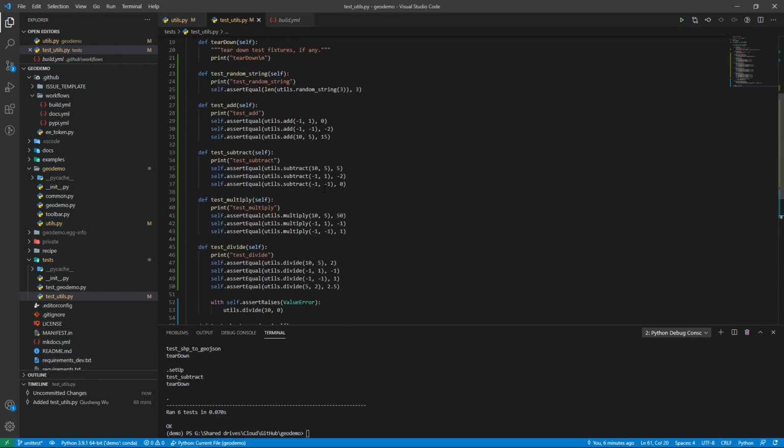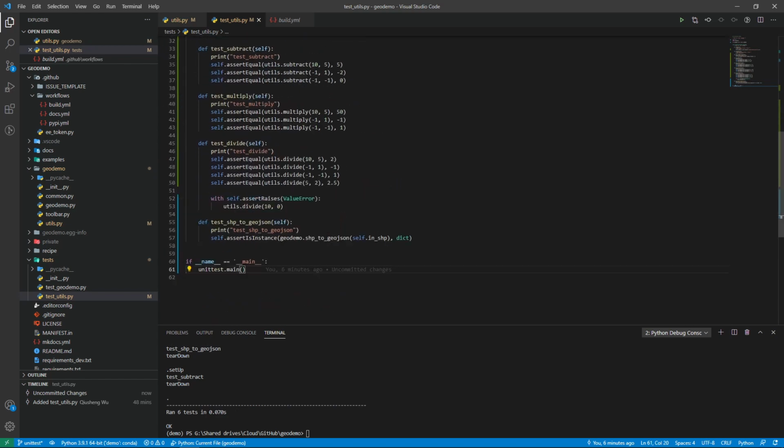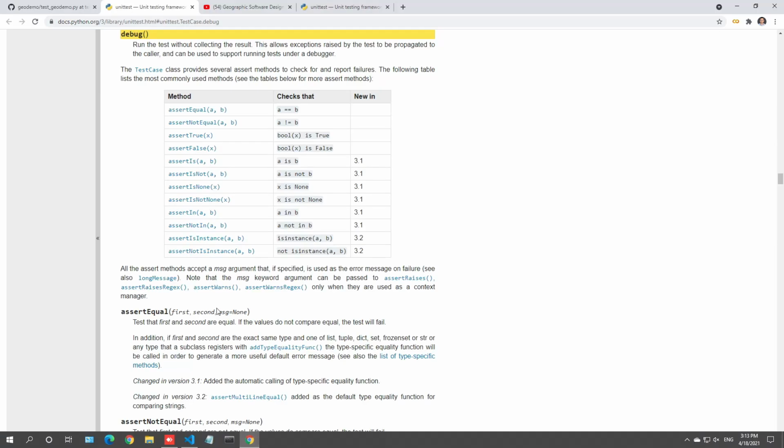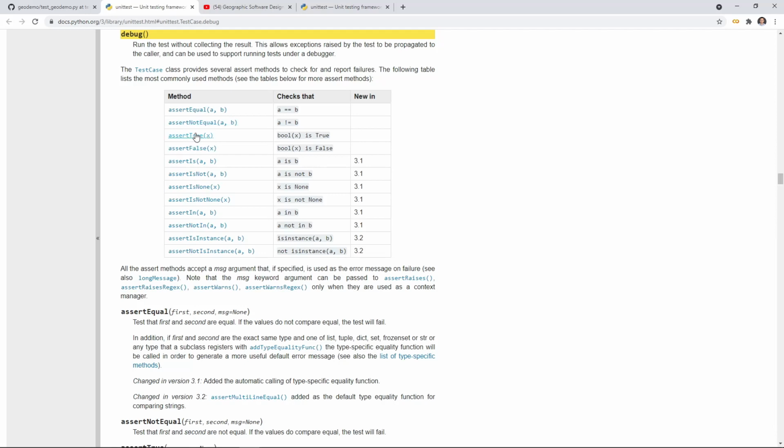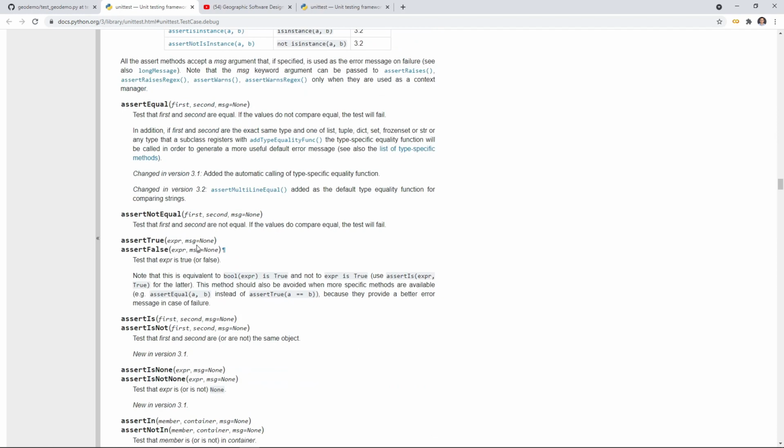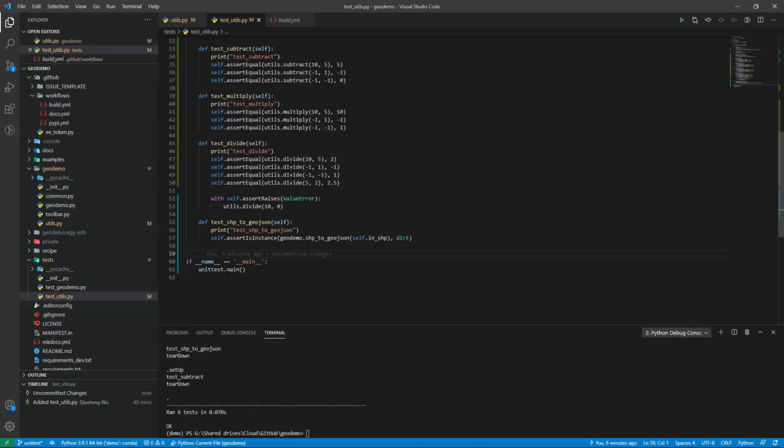Okay, so this is pretty simple and easy. Most of the time we just use assertEqual and assertIsInstance, but there are a couple more functions here you can use. For example, assertTrue or assertFalse, assertIs, and you can also, for example, assertRaises. So if you expect that it's going to raise an issue, you can also do that. So this is here in the test divide, right? If you divide something,